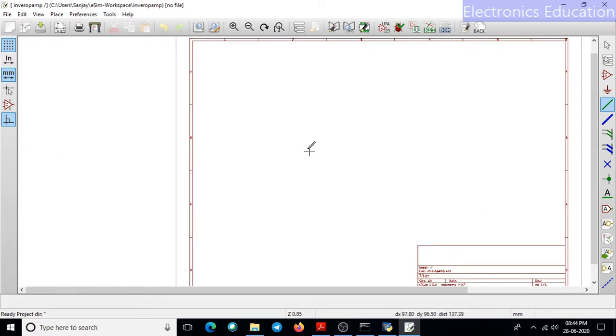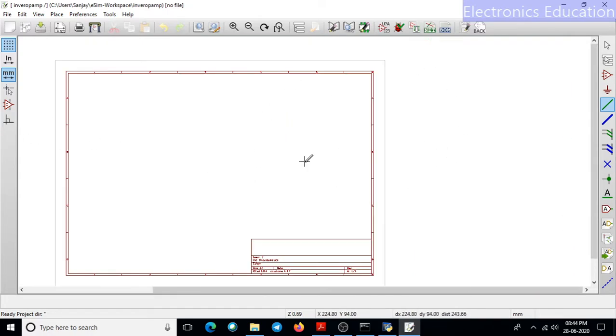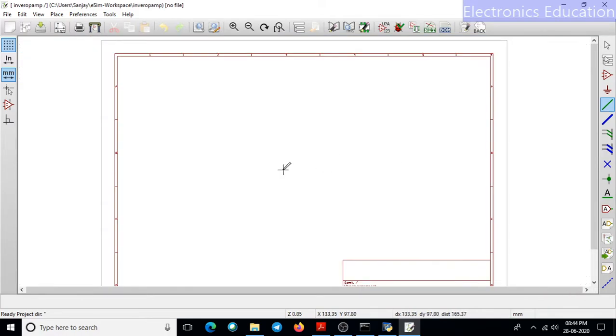First I need to insert the component, but only horizontal and vertical wires will be selected if this particular option is selected. If it is deselected, we can select the wires in any direction. I will show you while designing the schematic. Similarly here we have hierarchical components. If you want to arrange, then select the component or place component option. Then to place the ground terminal, we can use this button.